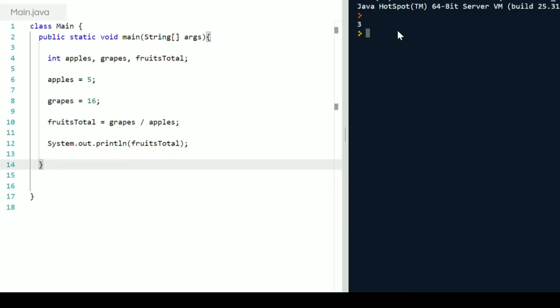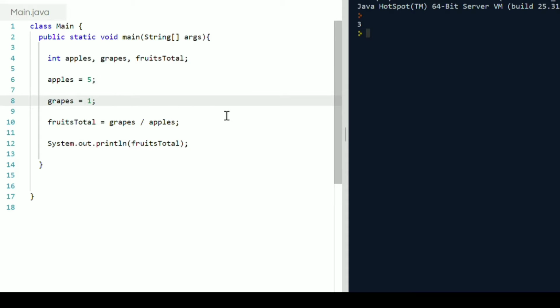So here we just get 3. And the reason for this is because we're using integers. And in Java, if you say I'm using an integer, they're going to give you an integer. And when you divide, it's going to round down. So let's say if this was 18, it'll still give you 3. Boom. So if we decided, hey, we want to know exactly what 18 divided by 5 is, we will change